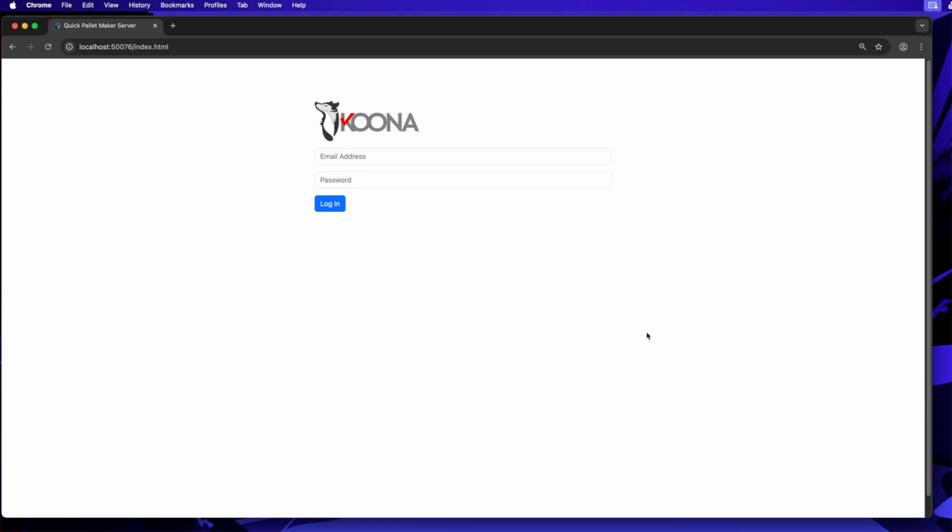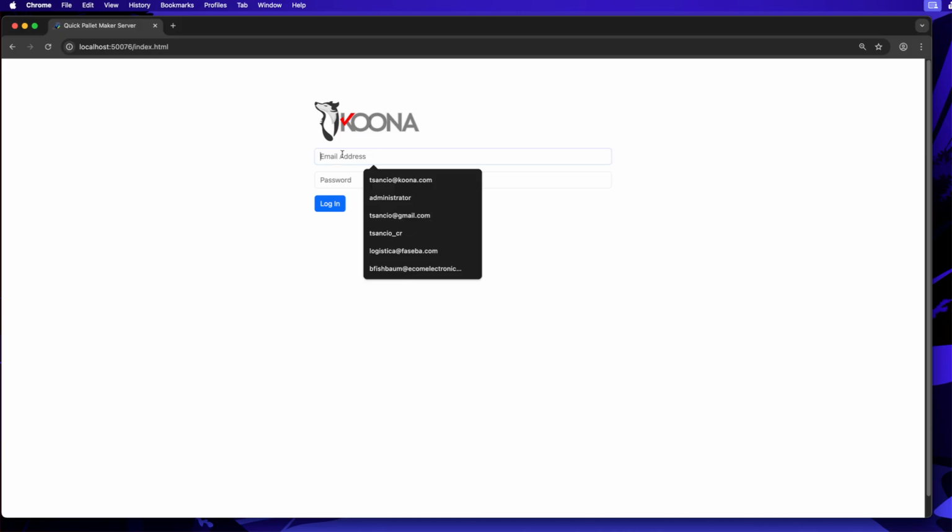This is a very short demonstration of how we work with standard pallets, which are basically single product pallets, and how we can use a feature within the application to debug the pallets that we have created. So first we log in,